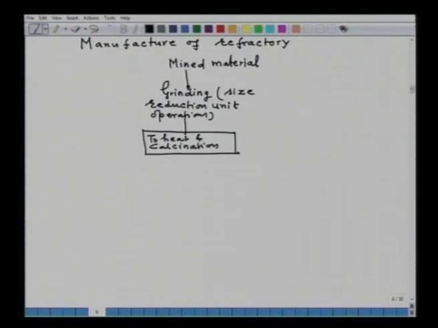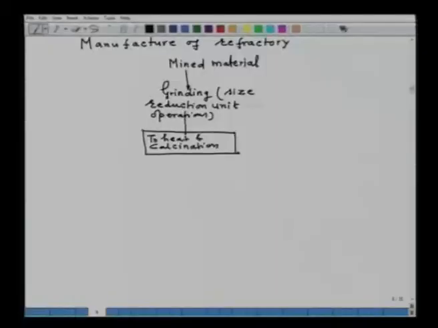That is, it is subjected to a high temperature, or the so-called pre-treatment at high temperature. Now, why is it done? It is done to allow phase transformation. As I have said earlier,